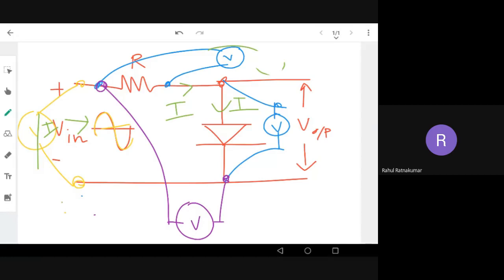So this is one thing electronics engineers should know: the more power a device has to sustain, the larger its size should be, right? The larger the size, the more power it can dissipate. If you have a small resistance, it can dissipate less power, or it can act upon less voltage and current. If you want the device to pass higher current and sustain higher voltage, its size has to be increased.